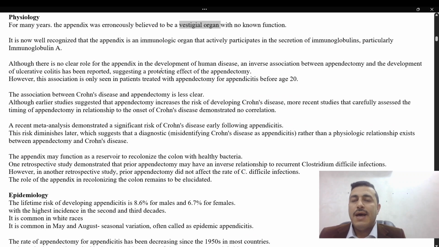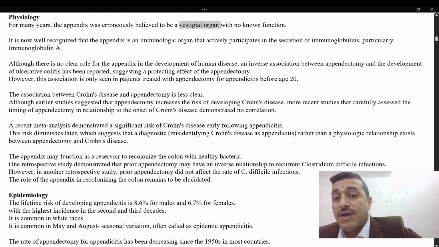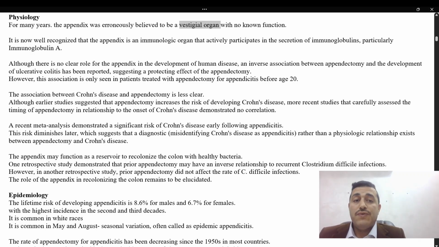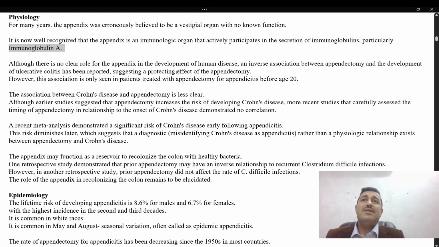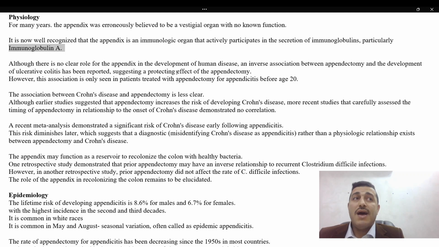But this actually is not 100% true, because we found that there is a function for the appendix in the human, and this is the secretion of immunoglobulin, especially immunoglobulin A. There are also some unclear associations, for example between appendectomy and a protective effect on ulcerative colitis development, and appendectomy and exacerbation of Crohn's disease. Despite these not being well understood,